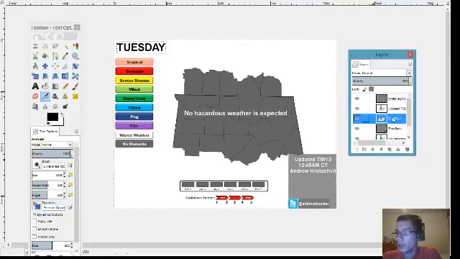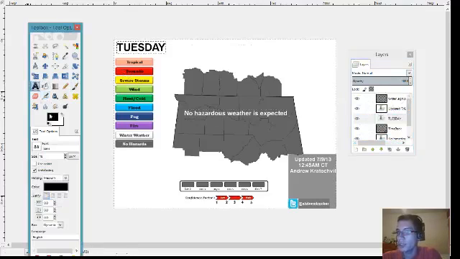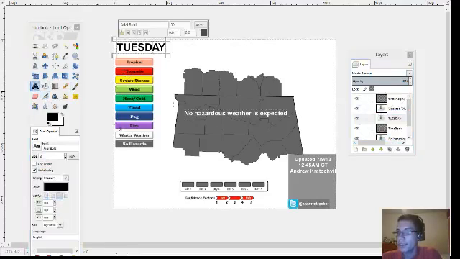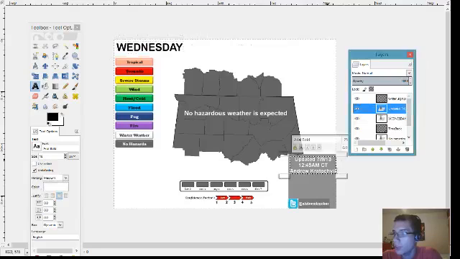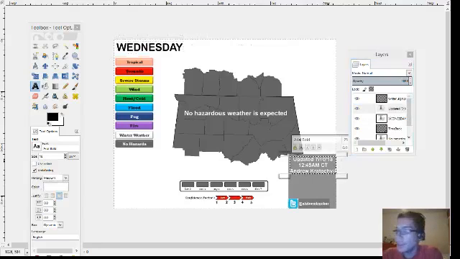So all I'm going to do right now, since there's really no changes, I'm going to take my text tool, I'm going to click that, and it knows the font I have there. And all I have to do is change this to Wednesday. That is it. And the current time is 12:20. So I will say update at 12:20. I know you guys can't see me right now. I'm making sure there's no typos there. There should have been a space there. 12:20.